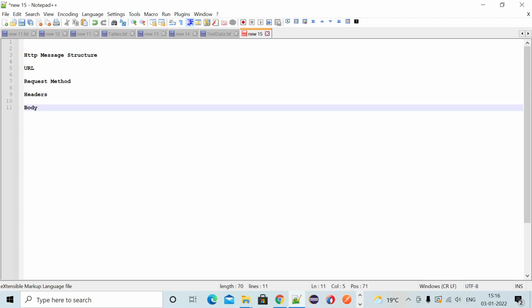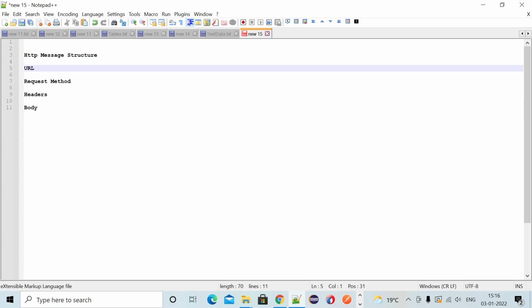These four things are contained in the HTTP message structure. This is for the HTTP request message.